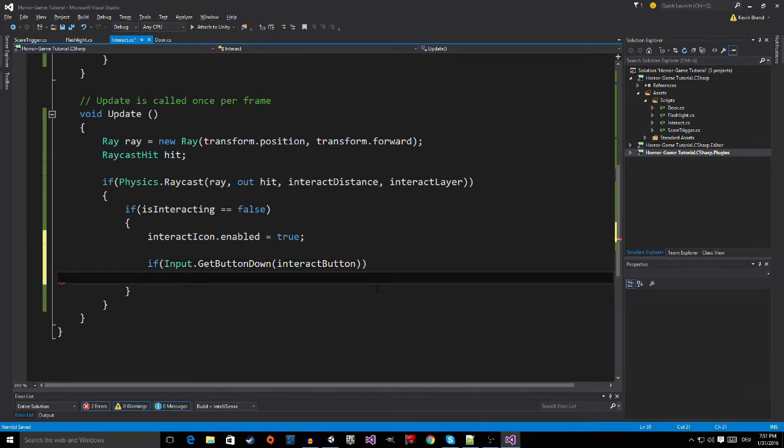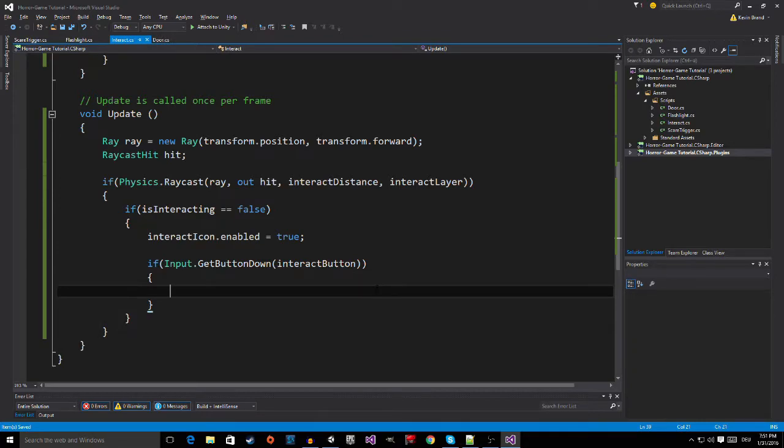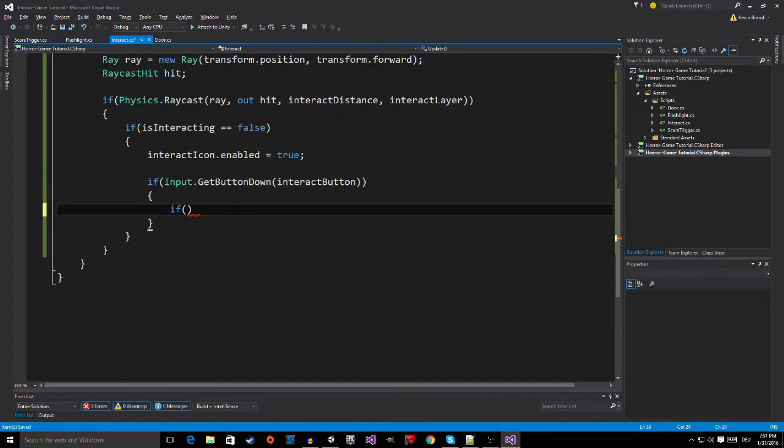So if it's pressed, then we also check if, I know that's a lot of if clauses. So if statements: if hit.collider, so if the thing that we hit, the hit up here, if the collider has the tag, so we are going to compare the tag of it. And if the tag is equal to door, so right here, then